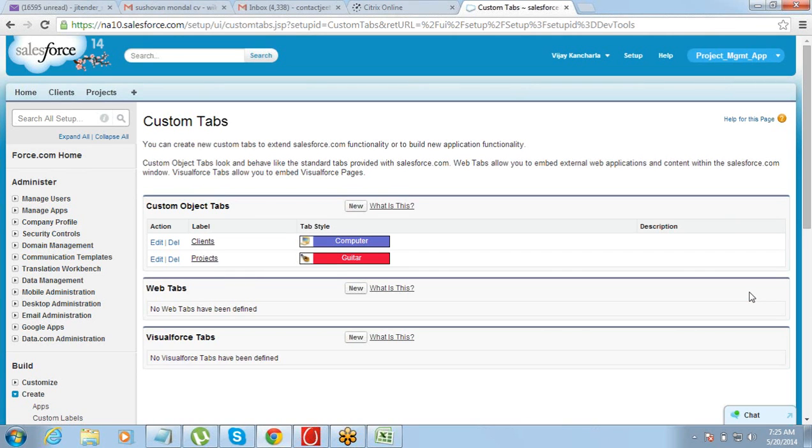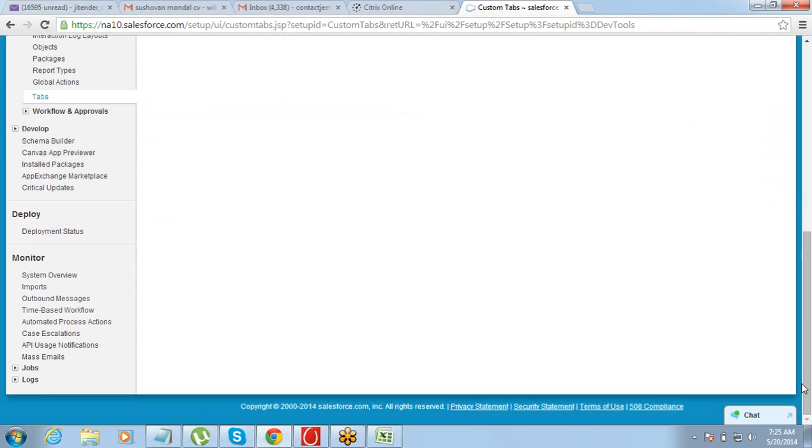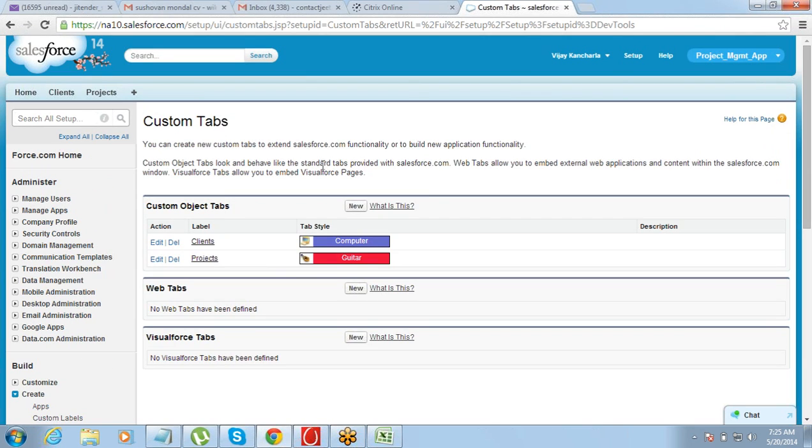Save. So you see, you have created an app and you have included your two tabs here.